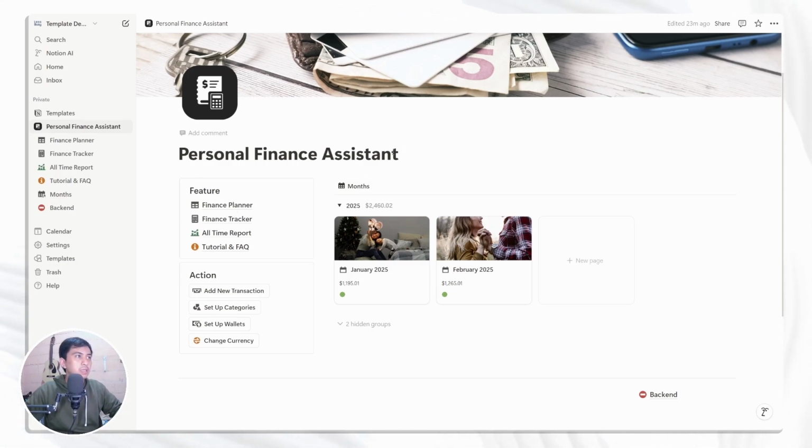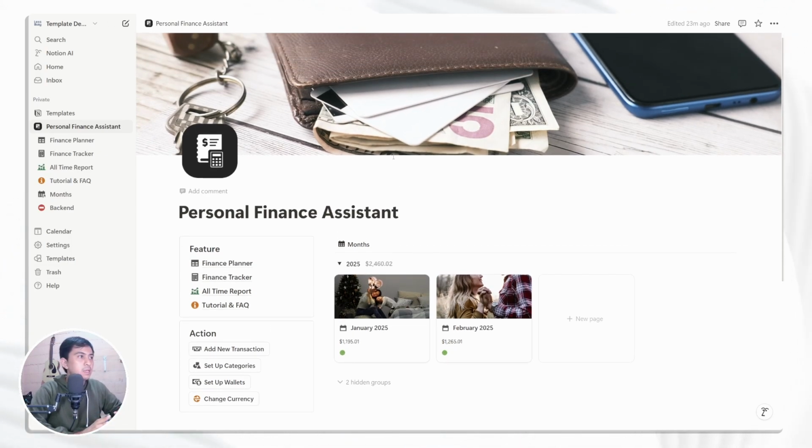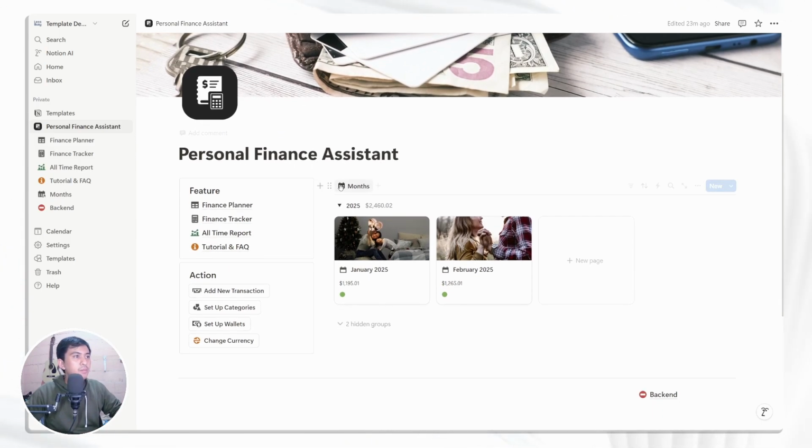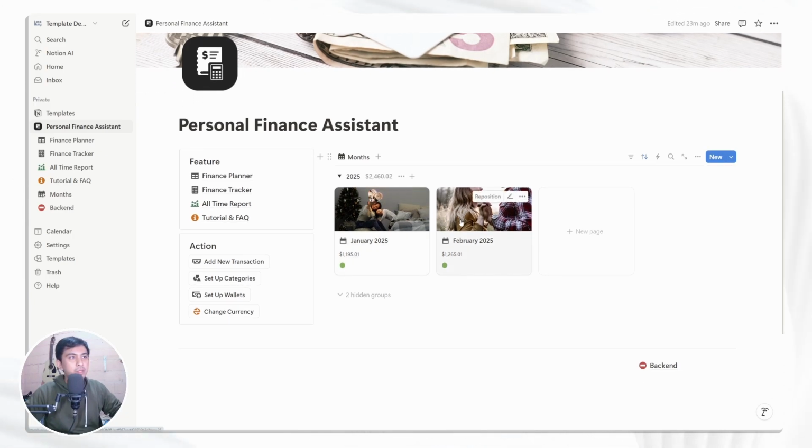What we are seeing right now on the screen is the main page of Personal Finance Assistant. You will have this view the first time that you purchase and duplicate the Notion template, and you will immediately notice that the homepage has two panes. On the right side, you will see really intriguing visuals of the monthly planner. You will see every month that you already plan and create in this Notion template right here on the main page. If you have a lot of months, you can just hide it, but this is a great look.